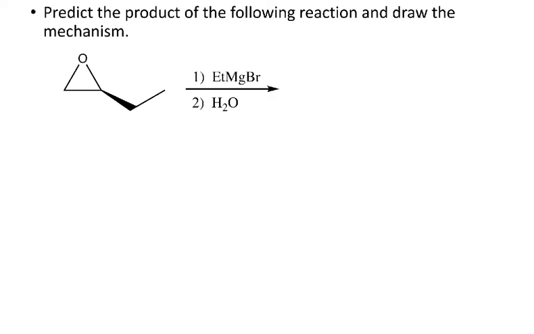Okay, here's a second example. Again, the first thing we need to decide is, do we have a strong nucleophile or do we have acidic conditions? In this case, we have a Grignard reagent, so this is again going to be a strong nucleophile. And so we're going to attack the less substituted position, and we're going to get inversion of configuration. Now, this carbon is not chiral, so I don't have to worry about the inversion of configuration. So my product is just going to be